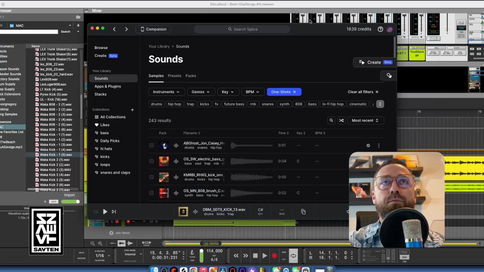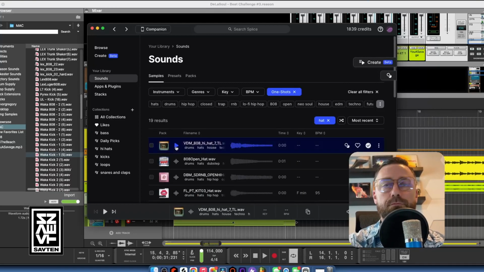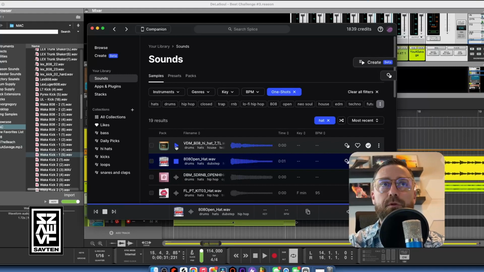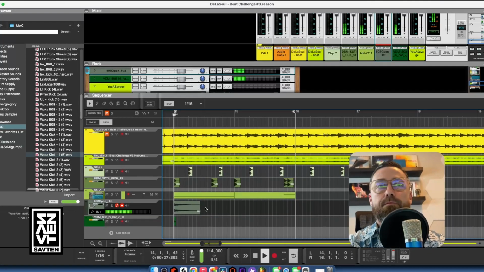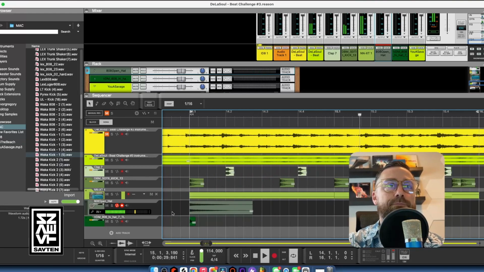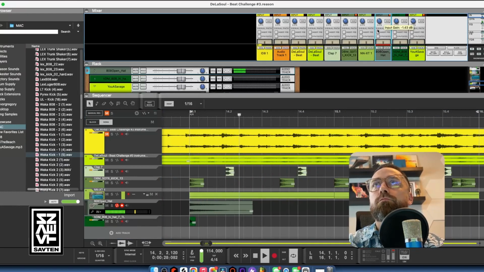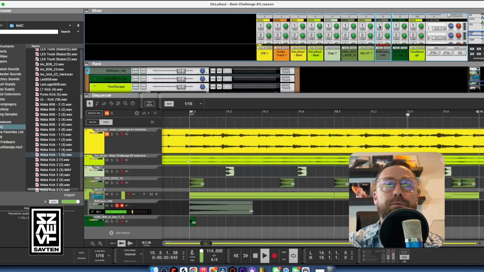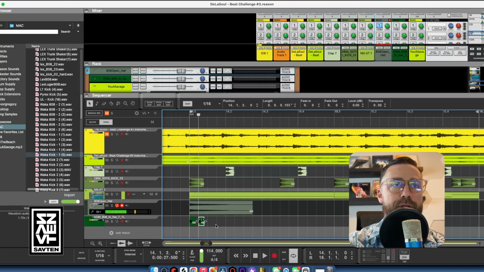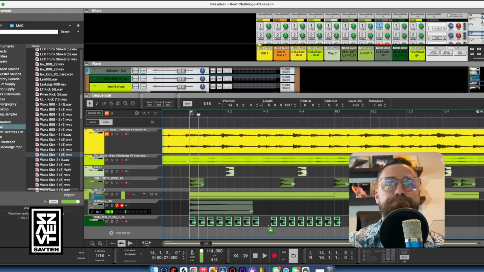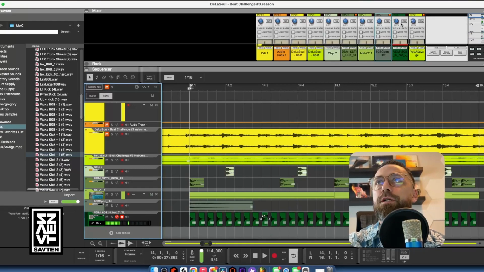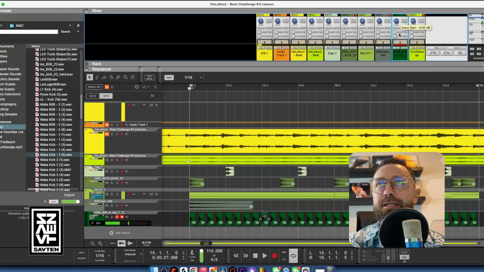All right, next up, we got to find some hi-hats. We'll bring them all in. Add a little bit of reverb to that. I like the crash, so we'll add a little bit of reverb to that crash. And then we just have to loop this like a million times. We'll change the velocity to give it some more natural feeling. Turn it down just a little bit so it's not too crazy, but this is the idea I had in my head.